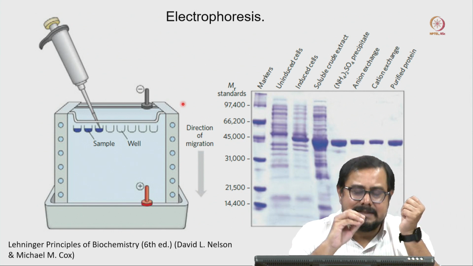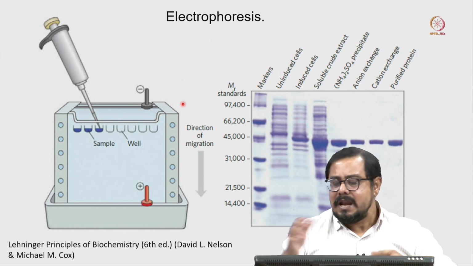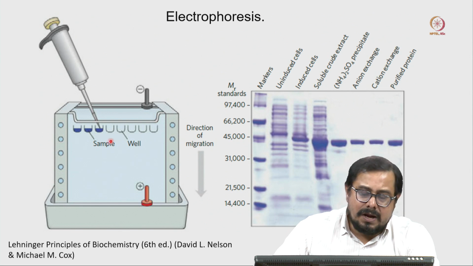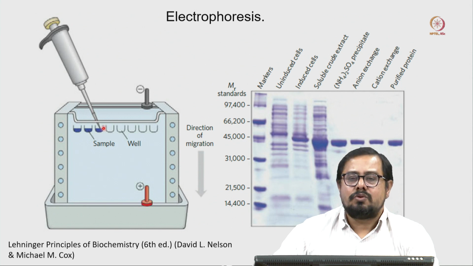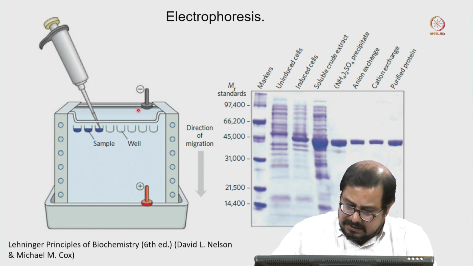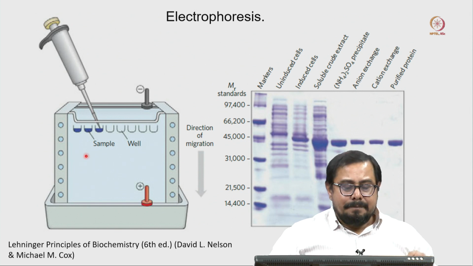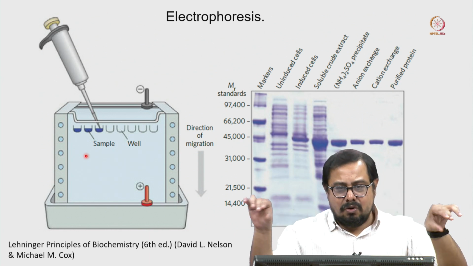Then you add SDS, and you also add beta mercaptoethanol to rupture the disulfide bond. Then you load the linear protein in this lane, where there is a negative charge, and here you have a positive charge. Your protein is also negatively charged because a sulfate group is attached from the SDS. So when the charge goes from negative to positive, the protein will start migrating through this polyacrylamide gel, and based on your size and charge, it will migrate for a certain time and you can get your required protein.